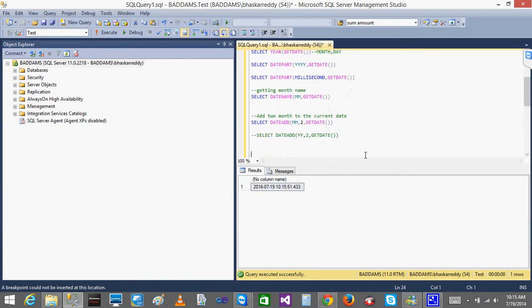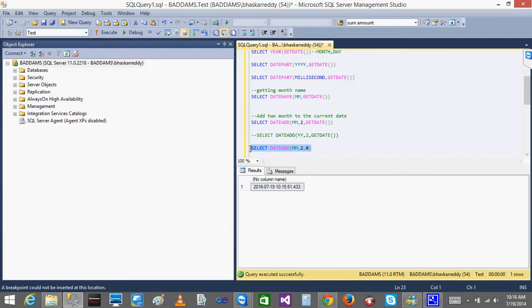Now, if I don't give any get date, if I give 0, what is meant by 0? Can anyone say? If I give 0, what will be my output now? I am adding 2 months.